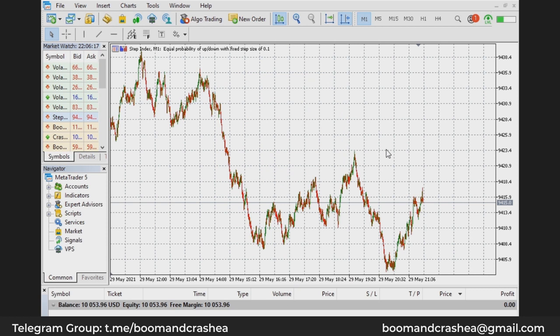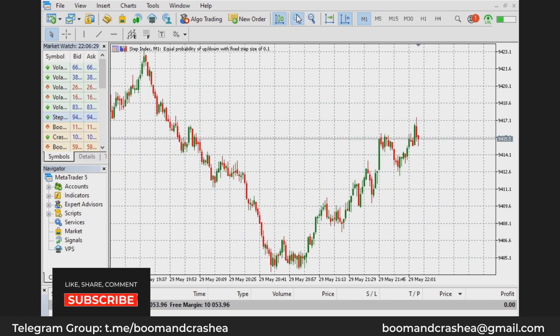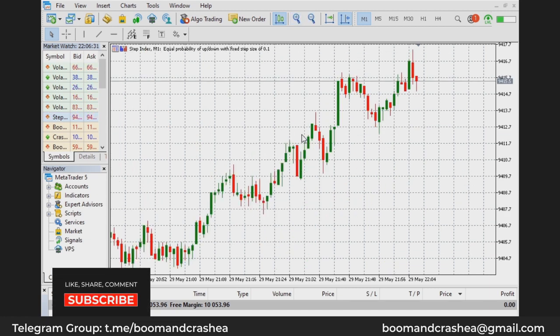So briefly, we're going to touch on the trend line. The trend line represents the bull market and the bear market, or it stands for both the bull and bear market psychology. If I zoom in, you'd see some red candles and some green candles. The green ones are the bulls and the red ones are the bears.